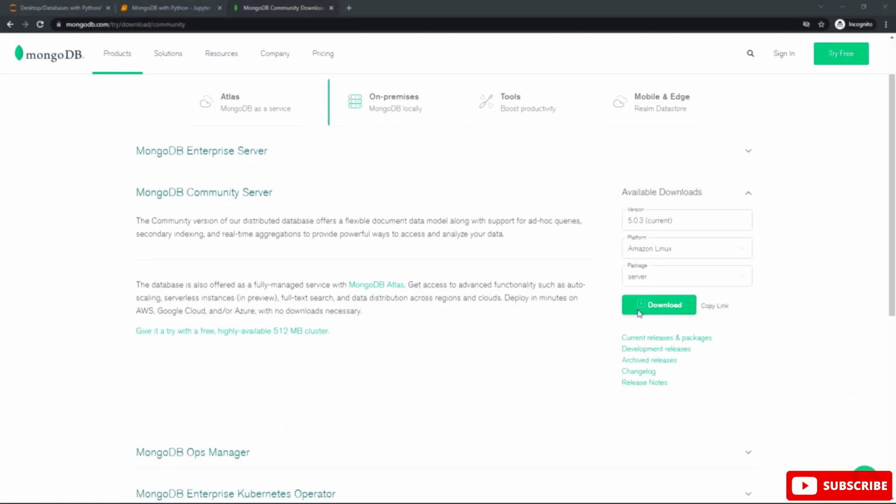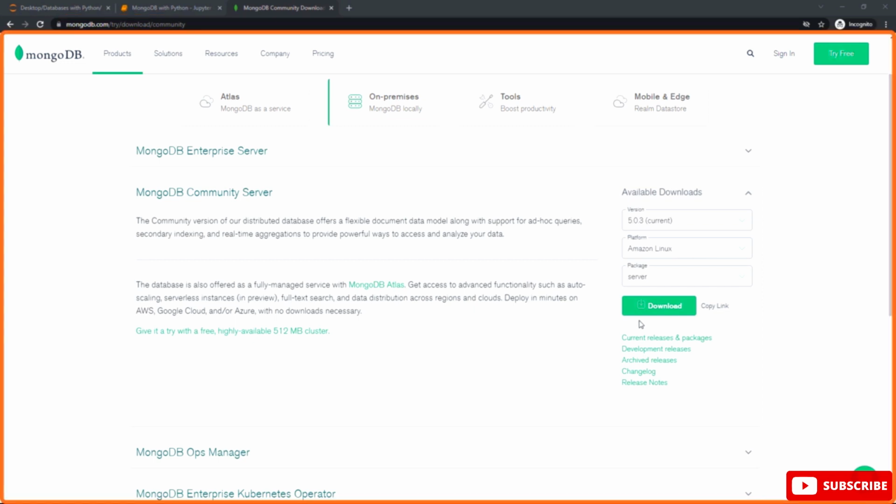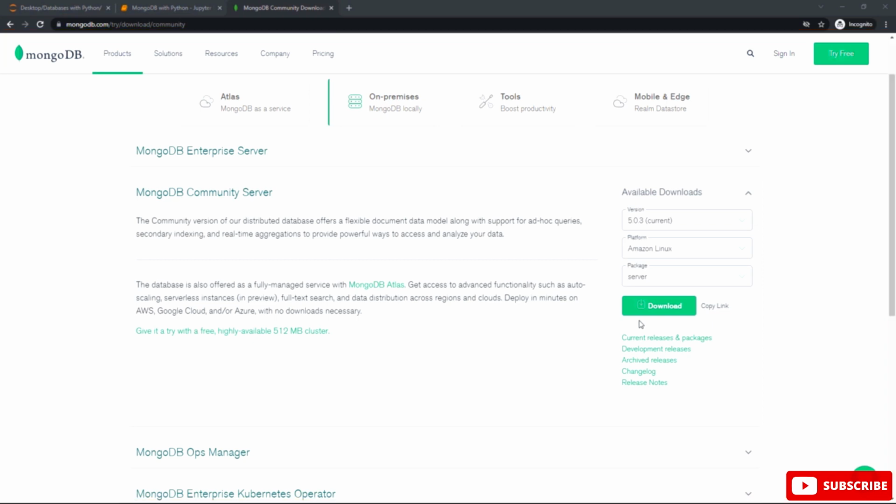You can go to the official page for downloading the community version of the MongoDB database by using this link or this URL. Type this URL and hit enter or return, and this will bring you to the official page for downloading the community version, the MongoDB Community Server. You can download the install launcher by using this green button.